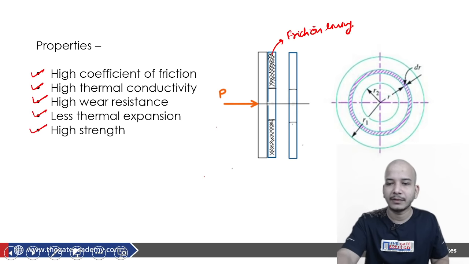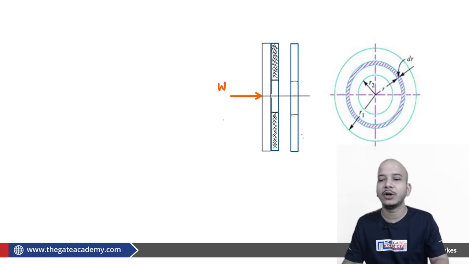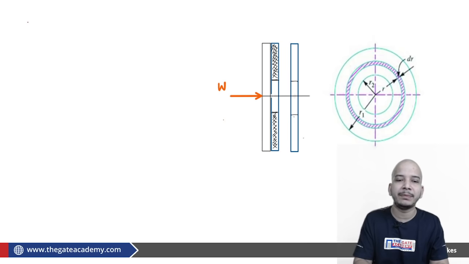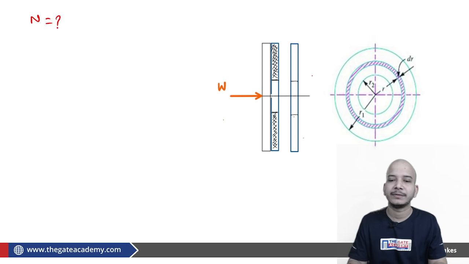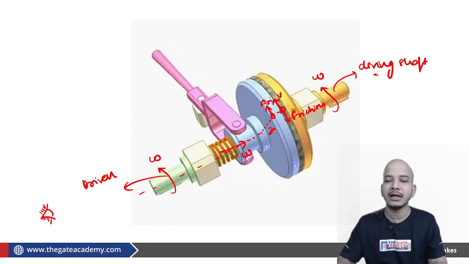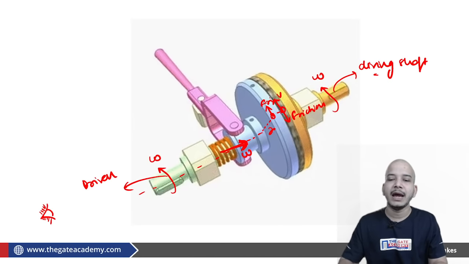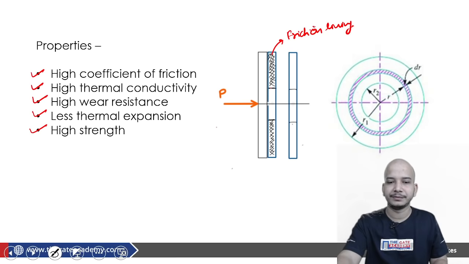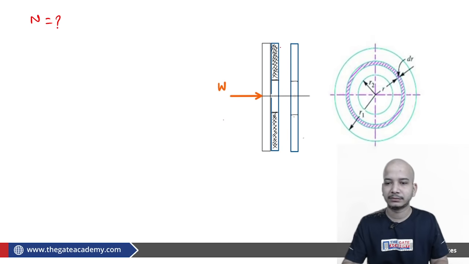Now let us see here with the help of a line diagram. This is all about the friction and the torque corresponding to that, so we should understand the amount of friction force. For that we should understand the amount of normal reaction force, the normal reaction on the surface. This is the W, which is the engaging force. And if the normal reaction between both the plates is N,